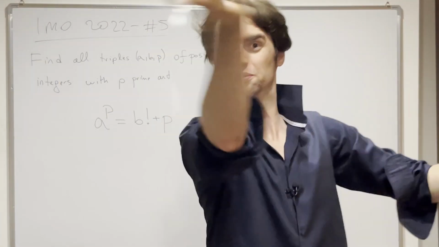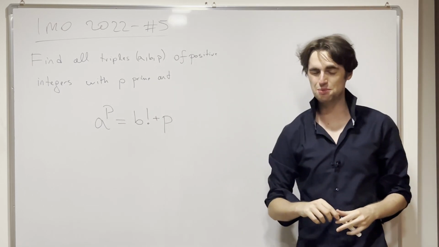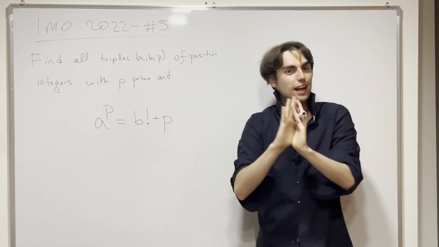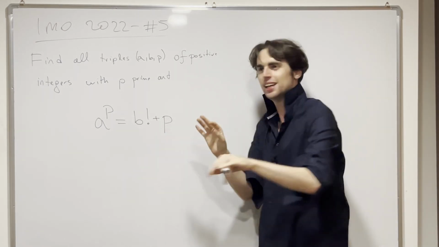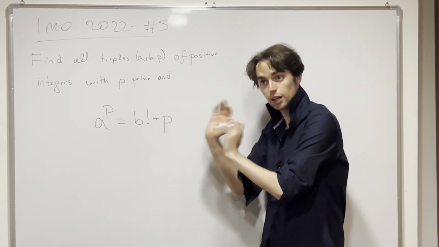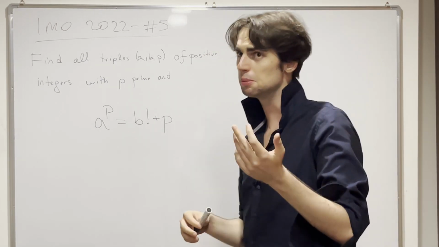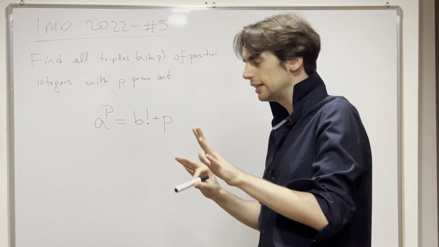Hello fellow problem solvers. So today we're going to be doing a problem from the 2022 IMO, problem number 5, a number theory. And guess what? A classical one. It's not that fake number theory that's really a combinatorics. It's a number theory. And I suggest you try this one out for a minimum of 20 minutes, ideally 90